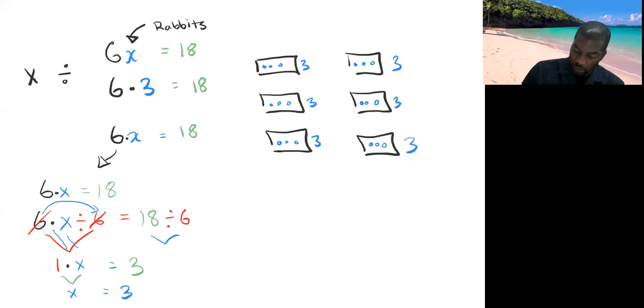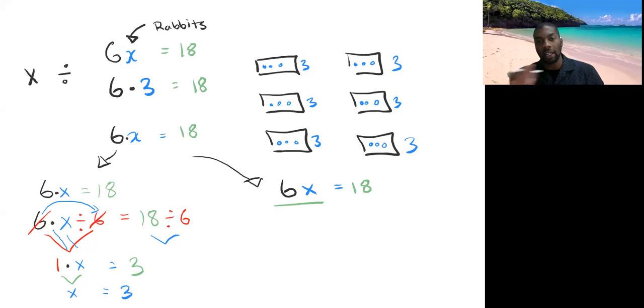The other way you could do it is writing it like this. 6 multiplied by x is equal to 18. You could divide, when you put a line underneath everything like that, that's division. It's like a fraction, right? The numerator on the top. So you say 6x divided by